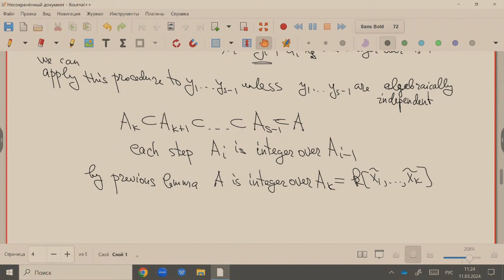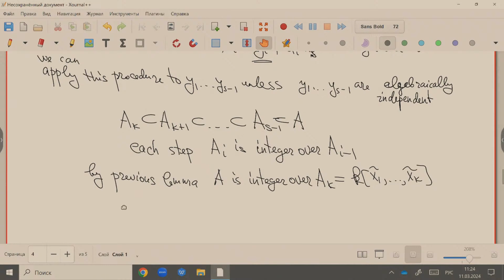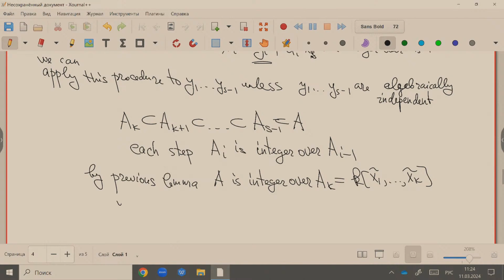А из-за того, что у нас x1, ..., xk, все элементы над этим множеством целые, значит, алгебраические. Мы не сможем дальше продолжать, пока эти элементы не станут алгебраически независимыми между собой, но все остальные целы над ними, значит, это базис трансцендентности. And we stop on transcendence basis.